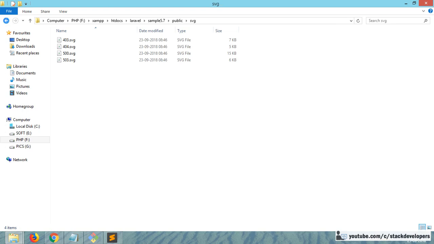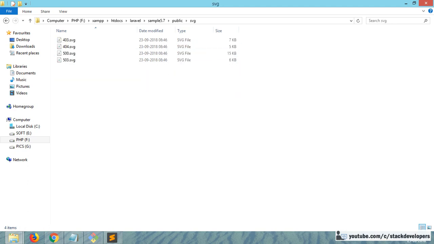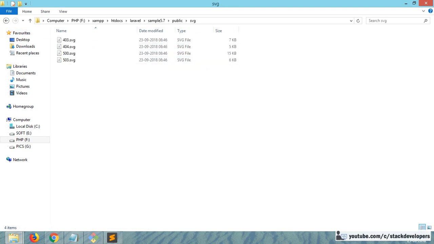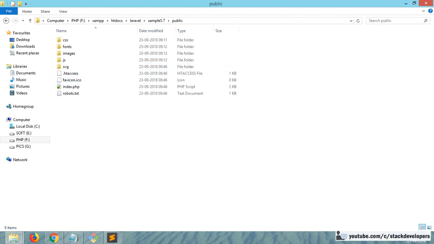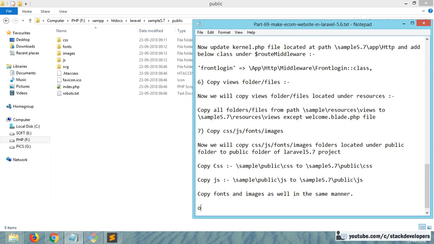What is this? You can see other changes in the public folder, like the SVG folder. Now you can see a new SVG folder under the public folder, and this one is not available here under the public folder. You can see there is no SVG folder here, whereas here you can see the SVG folder. Okay, so other changes we have seen, and you can see the SVG folder in the Laravel 5.7 project under the public folder,